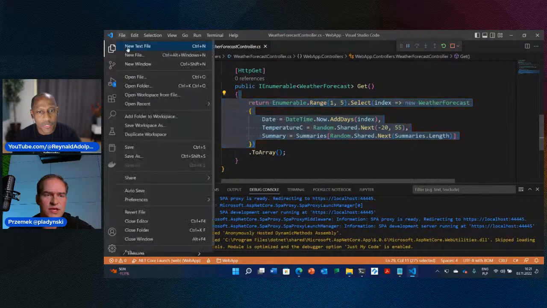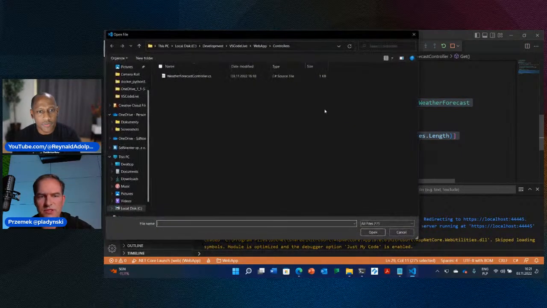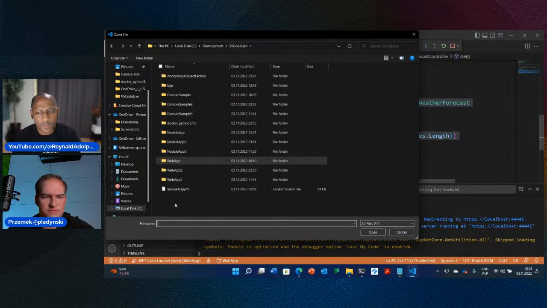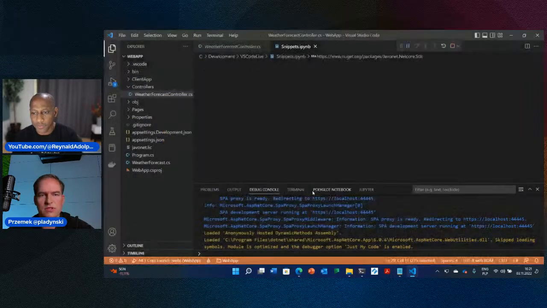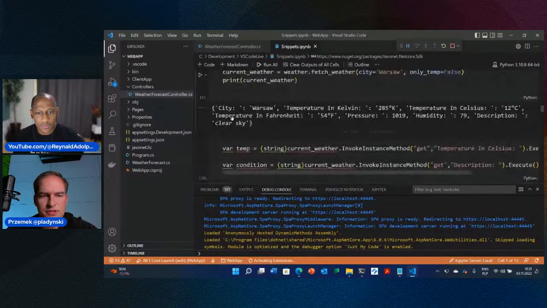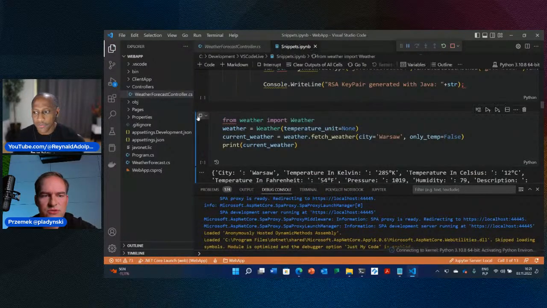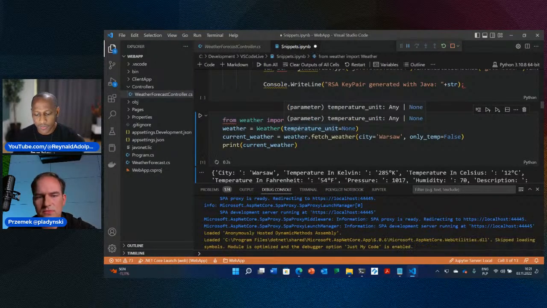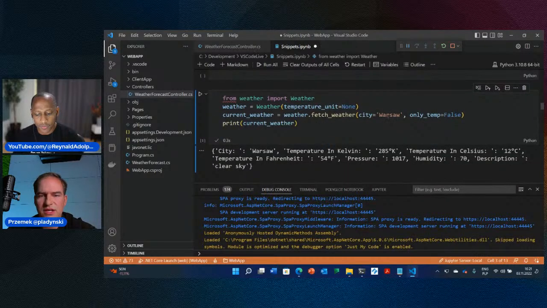So let's have a look at that Python code. I have it in my .NET Interactive notebook. Okay, let's scroll down here and we can launch it together right now using Python. We see that when we take the weather for Warsaw, we will have the values as a dictionary. That's a dictionary in Python.